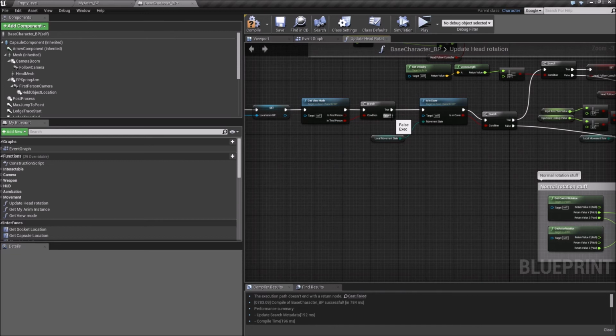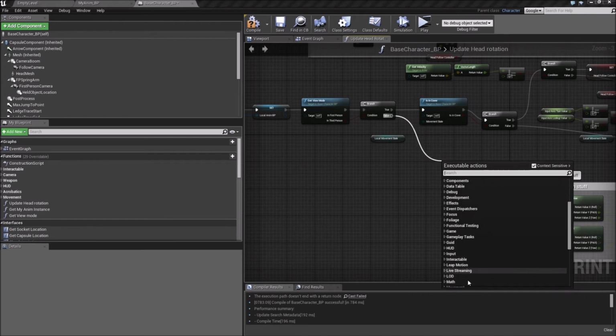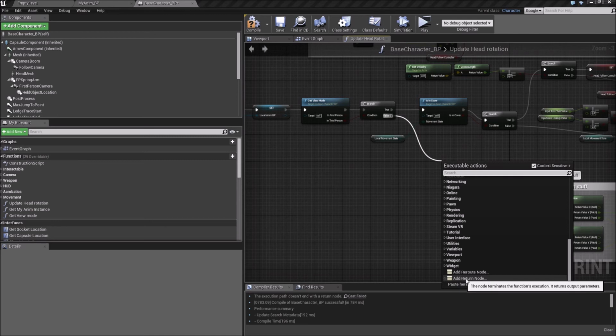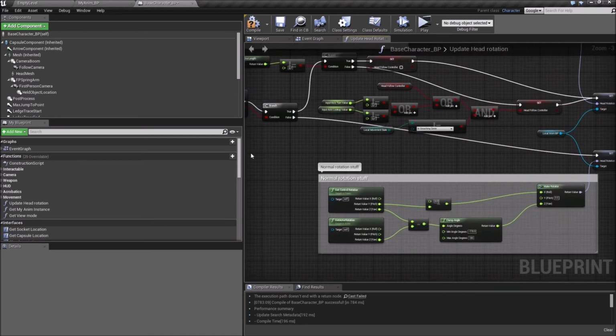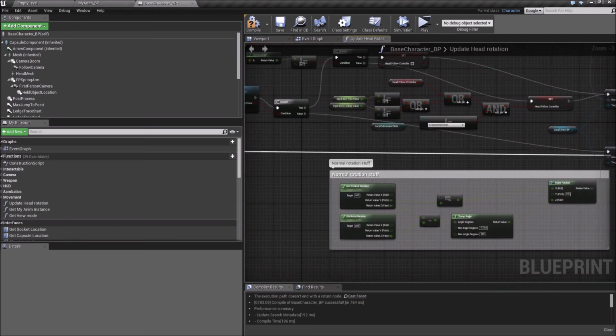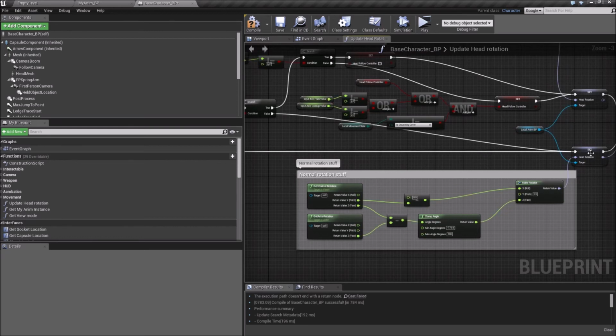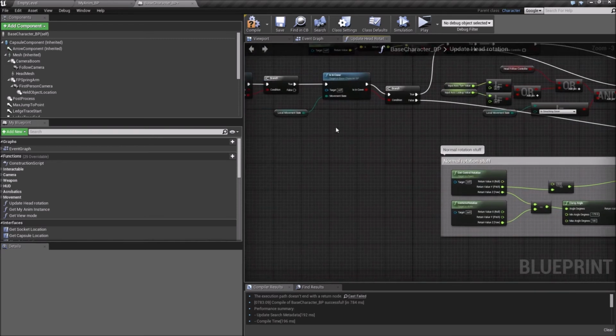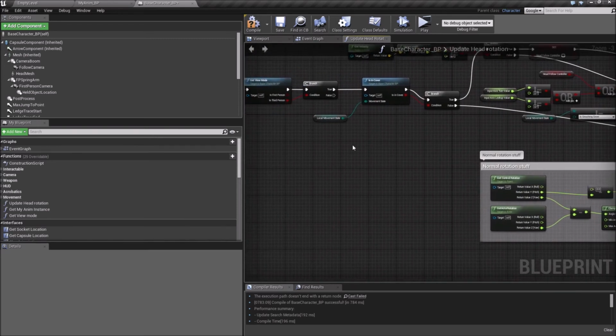And if we are not in third person, it means we are in first person, and in that case we want to drag this one out and reroute and plug that one in all the way over to the head rotation. Actually not, no, we do not want to do that, sorry, because we want to set a separate